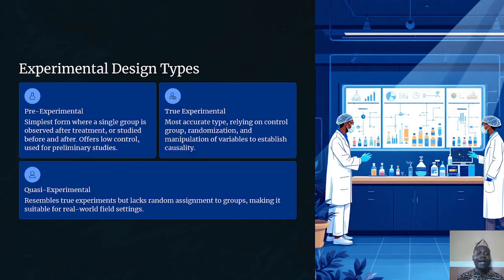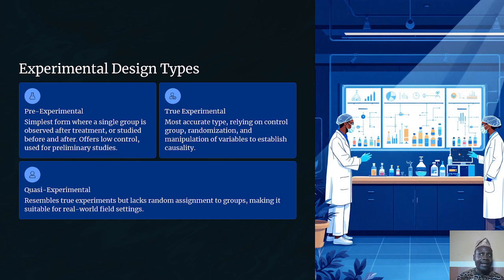And quantitative research is divided into two types. We have the experimental design types and the non-experimental. But let me start with the experimental design types. In most of these experimental designs, there is actually a treatment that is being manipulated, and oftentimes there may be a control, there may be no control. So the first one is the pre-experimental, which is